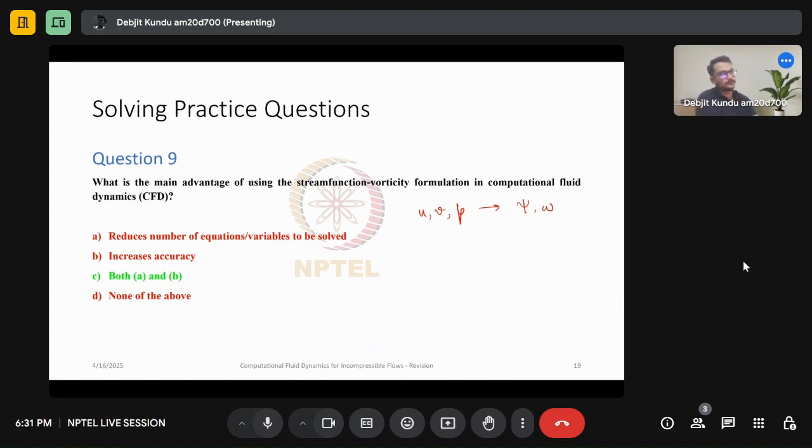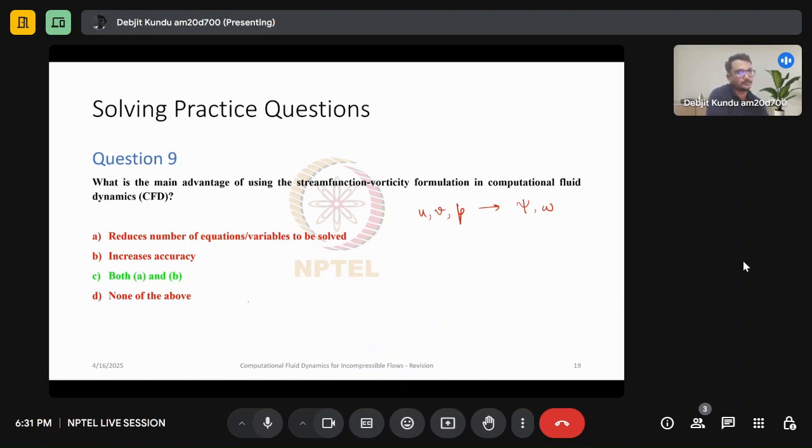So from three variables, three equations, we go down to two equations, two variables,